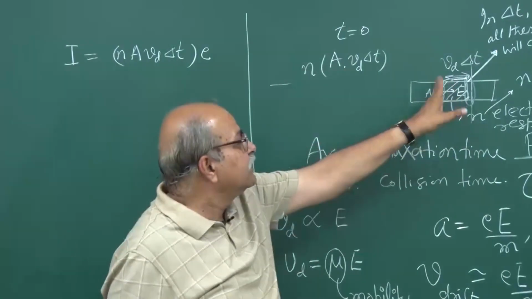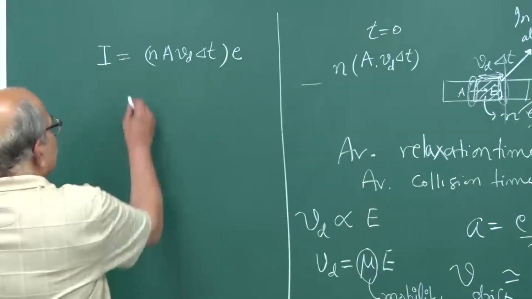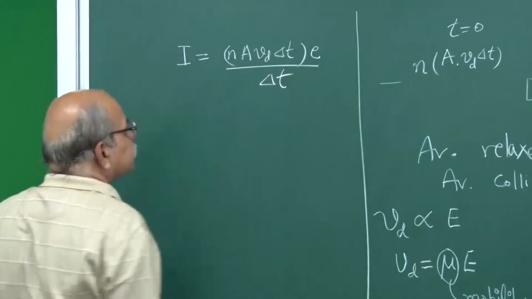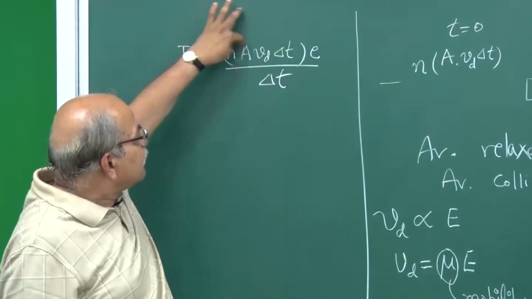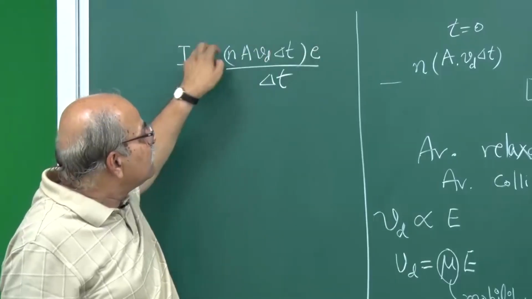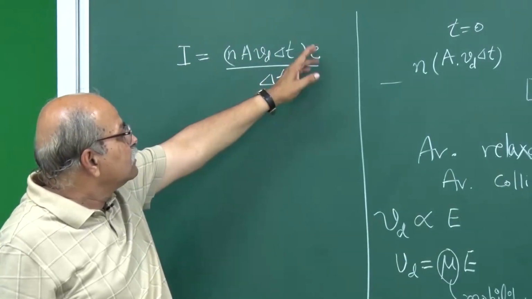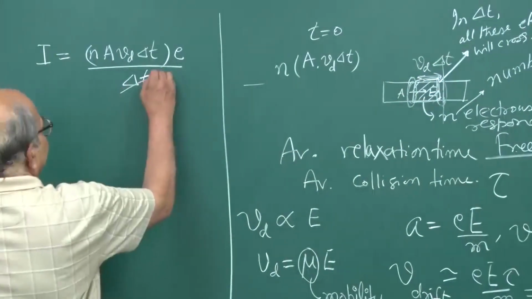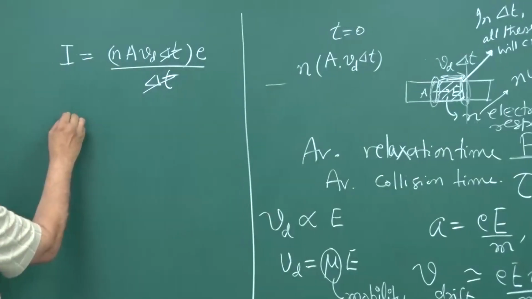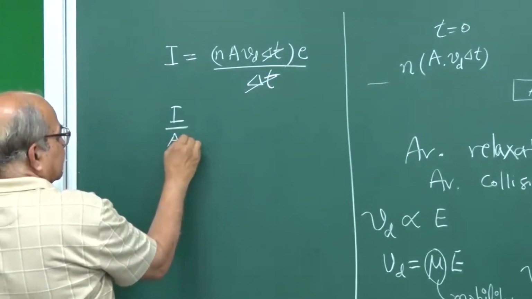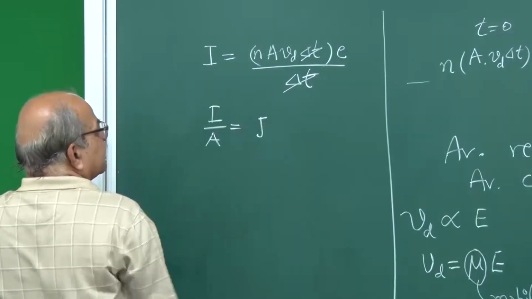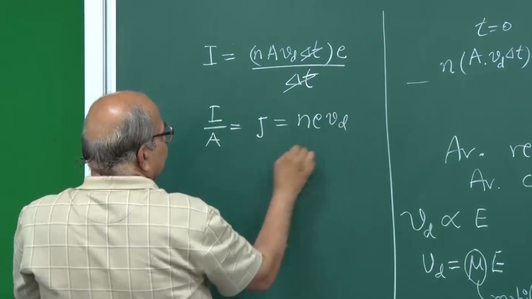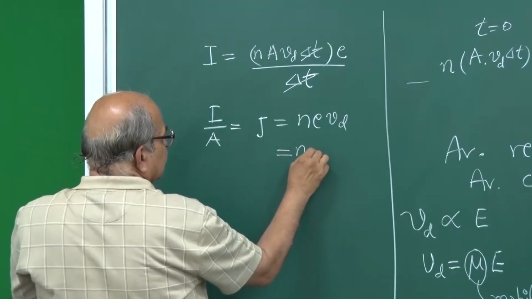If you divide by area, it becomes current density. So the current will be this divided by delta T. This much charge is going in time delta T. So per unit time, how much charge is going through a cross section, that is the current. And if you divide by this A also, then this is I by A, which is known as current density J. So that is equal to N times E times Vd, and that is equal to N times E times,